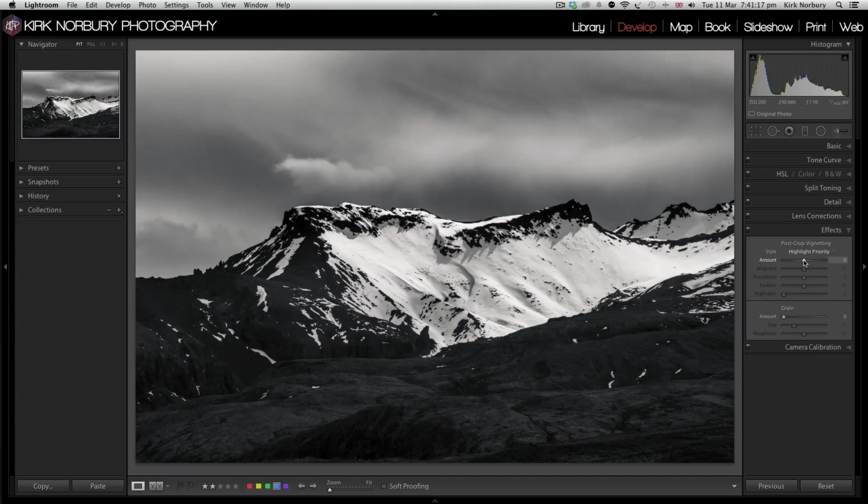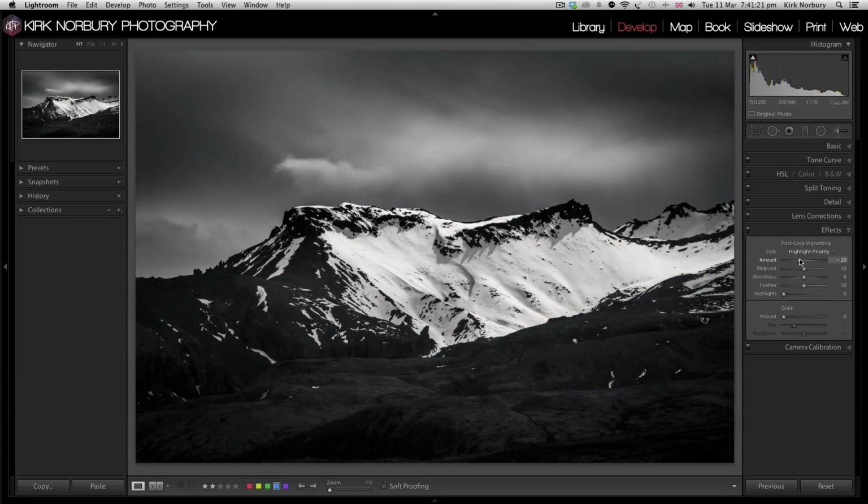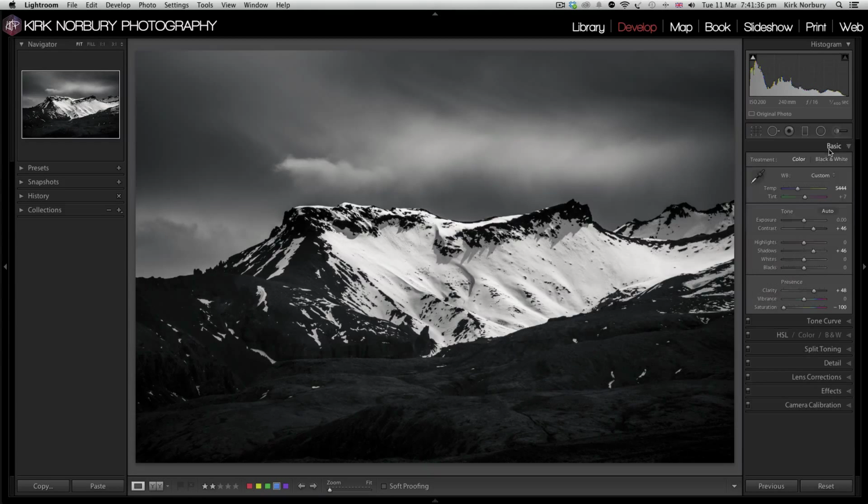So going to Vignette, just add a little. Now you can see the effect that's having on the image. It's really making it quite dramatic, turning into quite a dark and moody day, and really helps bring out the image. And then it's only subtle, it's very subtle. So if we look at that and then look back at the original,